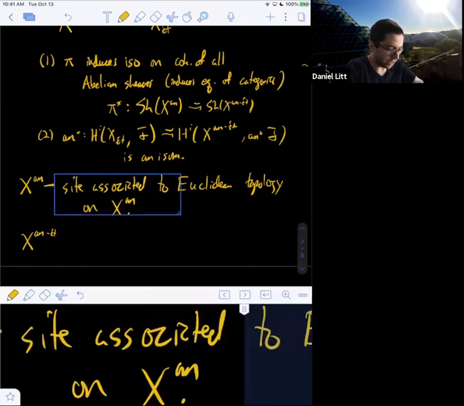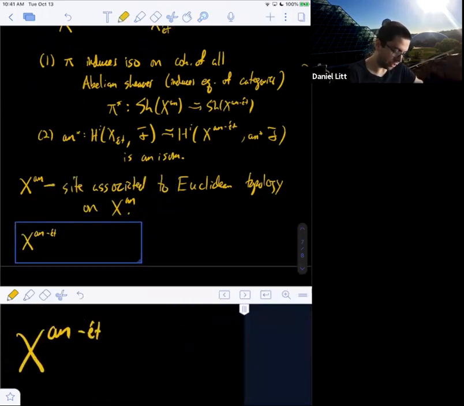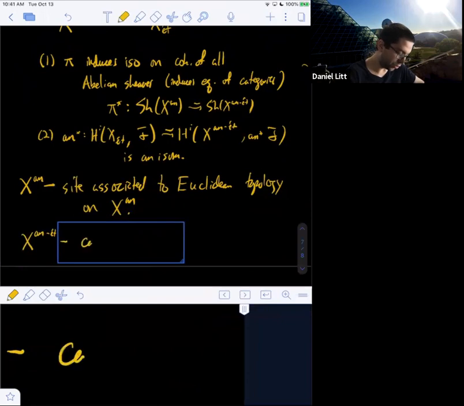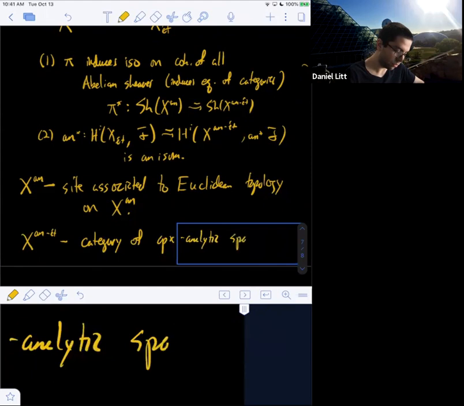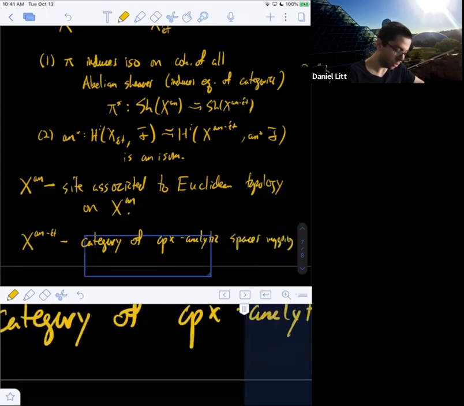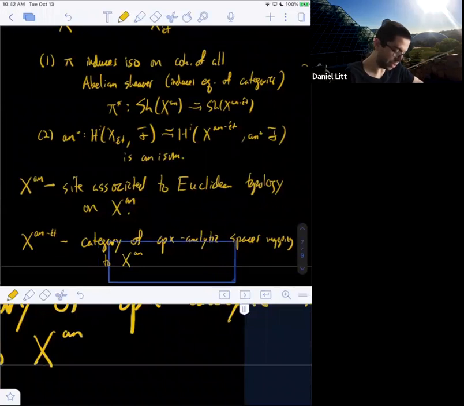So what is the analytic étale site? So this is the category of complex analytic spaces mapping to X. I'm also going to write it Xn, the honest topological space Xn, via local analytic isomorphisms.